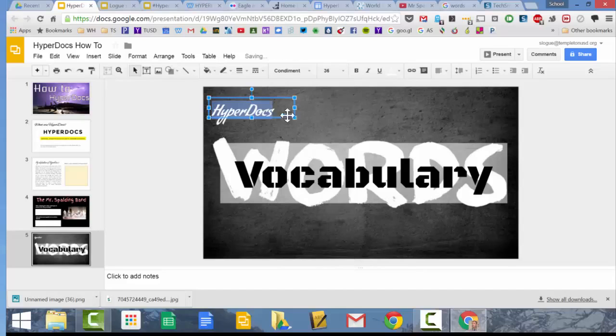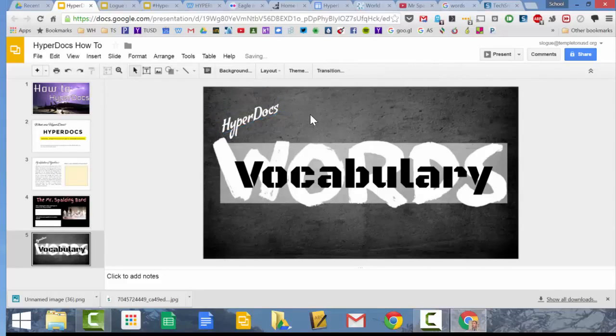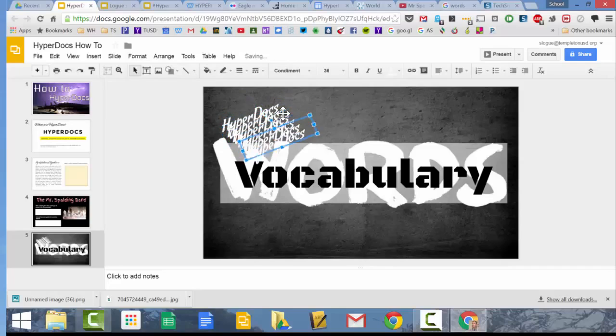What I do is I do the first one, and then I select. You don't want to select inside. Let's make this a little bit bigger. No, that's pretty good. So I select the entire text box, not inside, so my cursor's not inside. Make sure your cursor's not in there. So select on the outside, then I Control C to copy, and then Control V, and I have eight. So what I'm going to do is position these around. I also do the same thing on